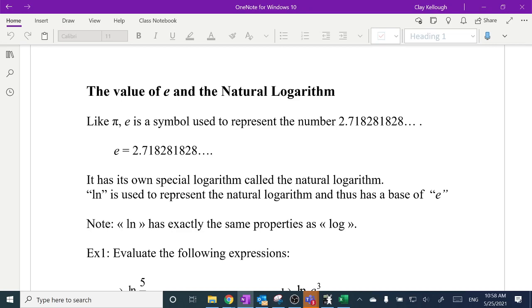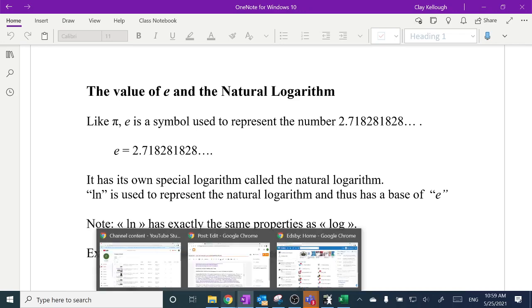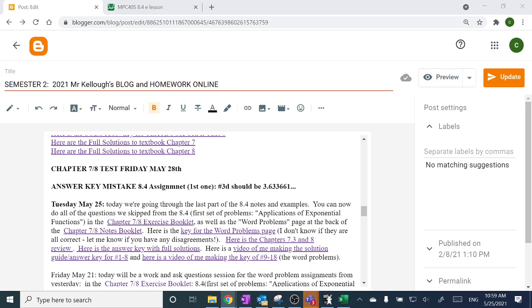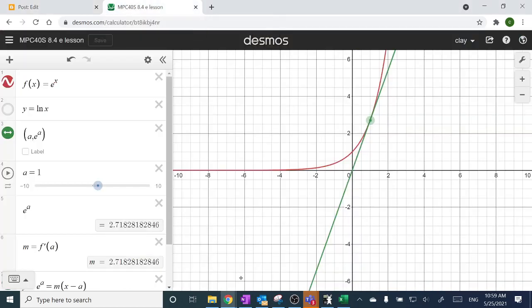Now, where does the e number come from? Everybody understands, at least basically, where pi comes from, right? It comes from geometry. e can't be defined geometrically. Hopefully everybody watched the little video about e that I put, the YouTube clip that I linked to on my blog. But as a really quick refresher on that video,